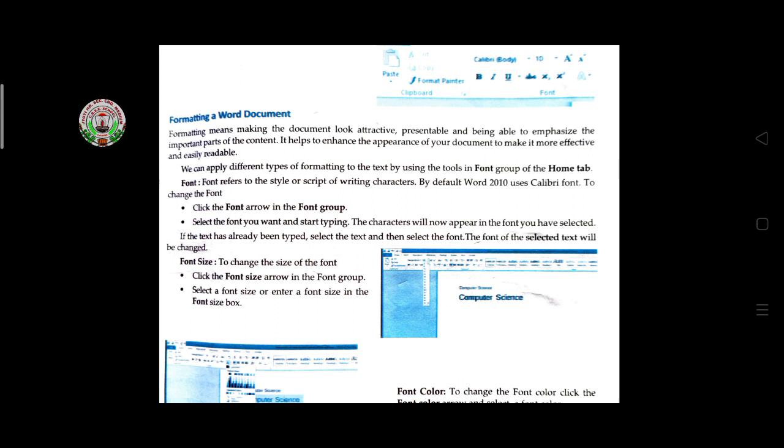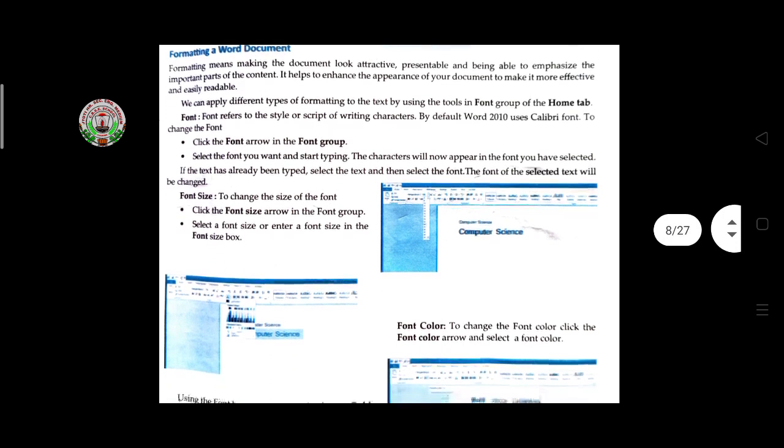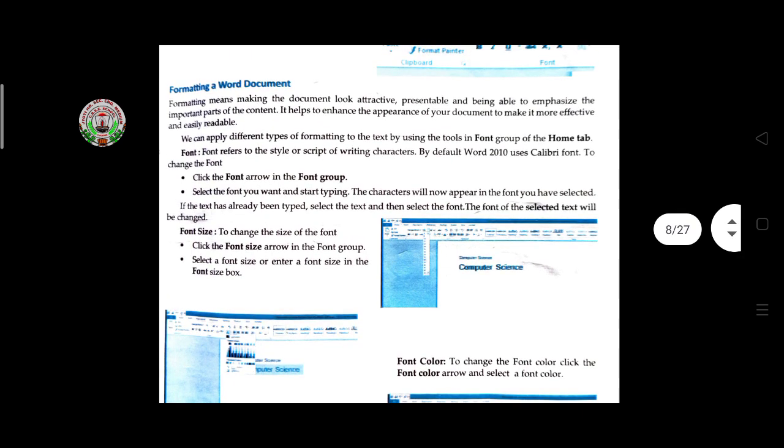Like this, if you want to format your document with the help of different tools, you are able to format the document, the font, the characters, whatever you want to format. With the help of this tool you can make your presentation very attractive.